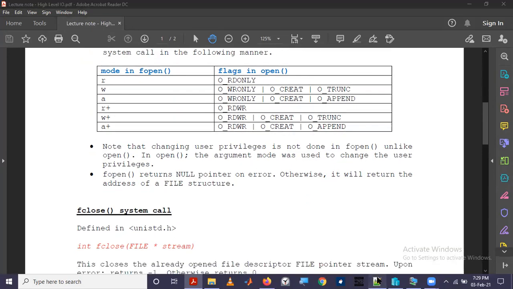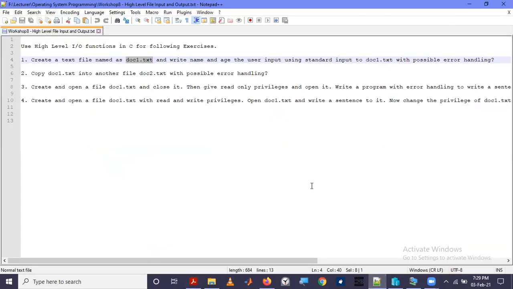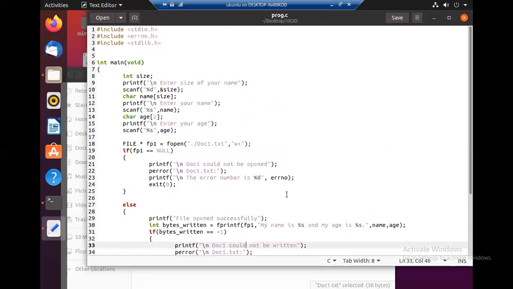Okay, so that was the first example. In the next one, we have to do the copy function. That means we have to copy whatever we wrote a moment ago into document1.txt to another file, doc2.txt, with possible error handling. We'll just modify this program to do that task.